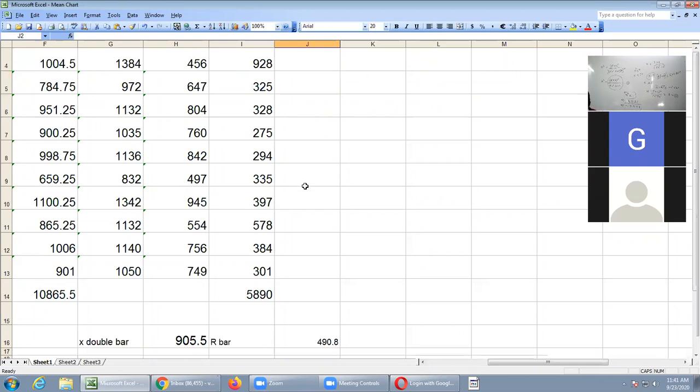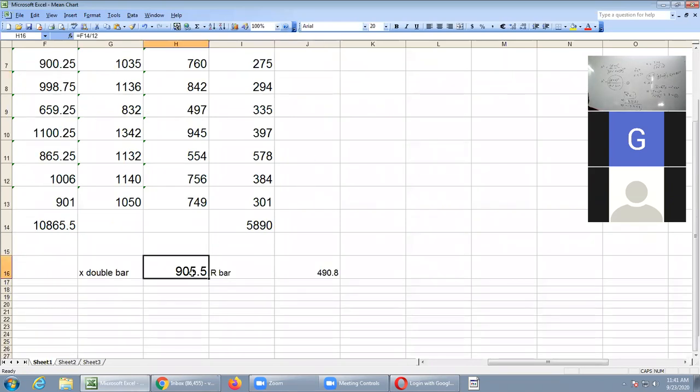To calculate that, first you are required to calculate X double bar. What is the X double bar formula? All of you know. Whenever you are writing a formula, always press the equal to button. X double bar means only one value you are calculating. If it is constant or a changing variable, you can select or type, as you wish.